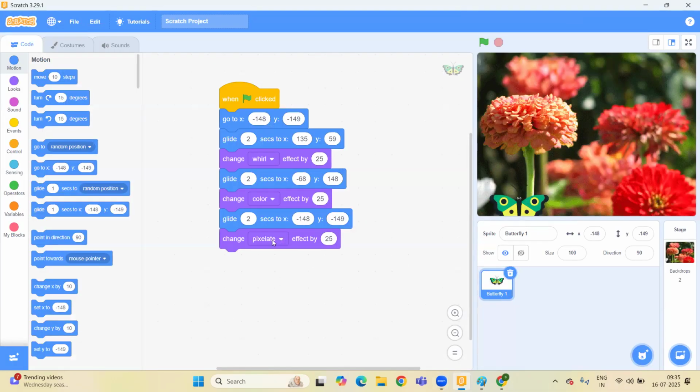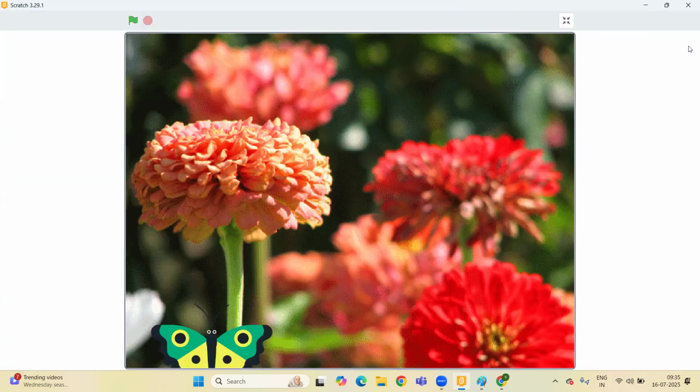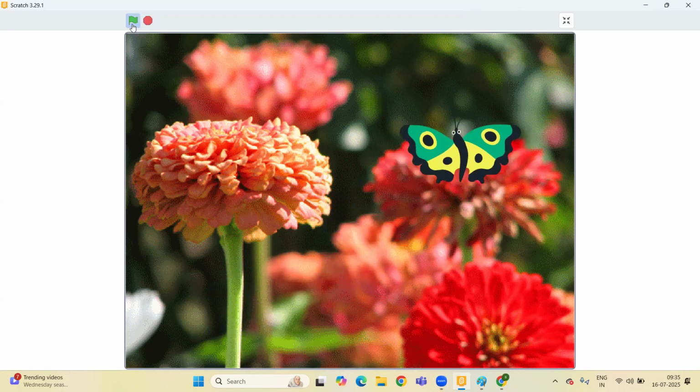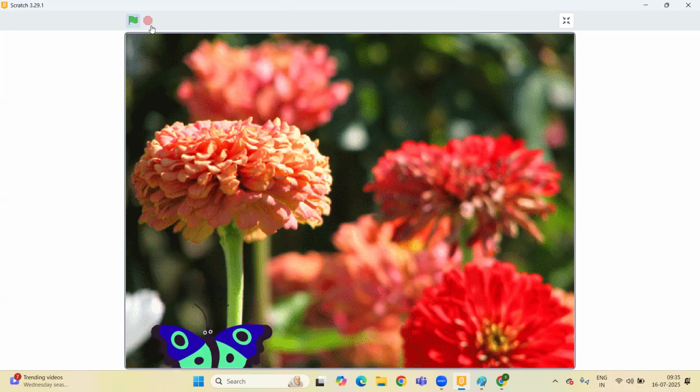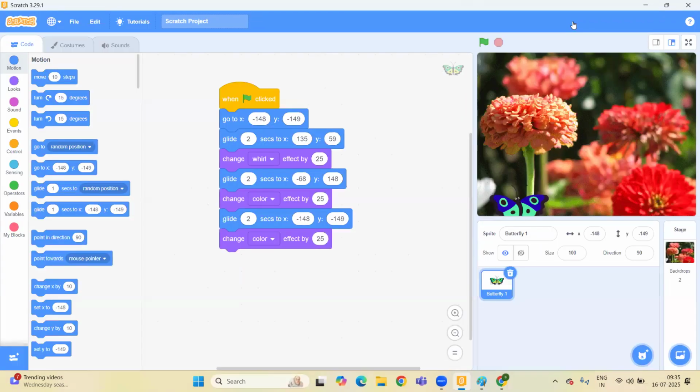And after that, you can change this color rather than pixelate. And you can see in the full screen control, when I click on flag, you can see. Okay, color has changed. And if you want to move it from here, you can set the gliding option once again. So it completely depends upon your position or your thoughts, I can say, right? You can change the modifications.